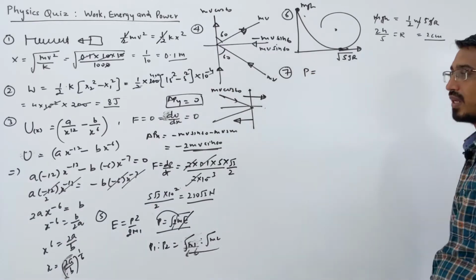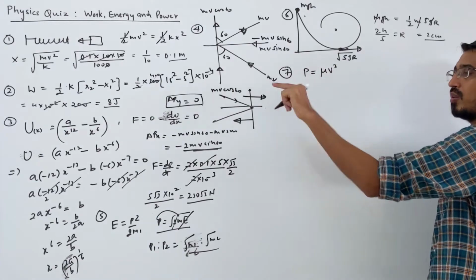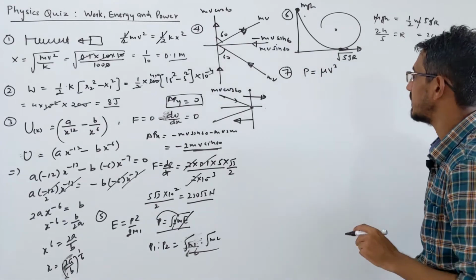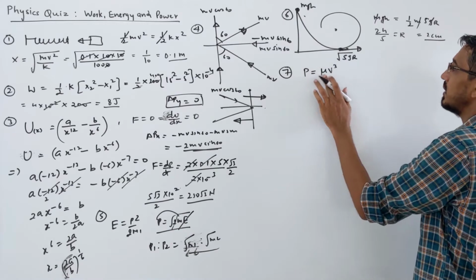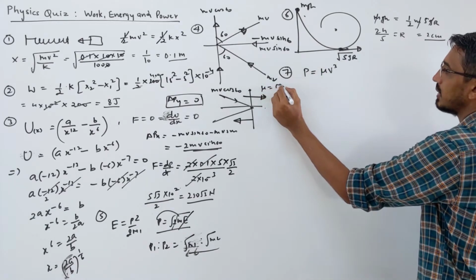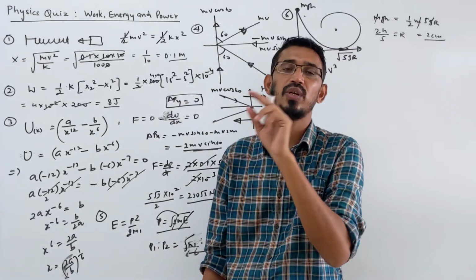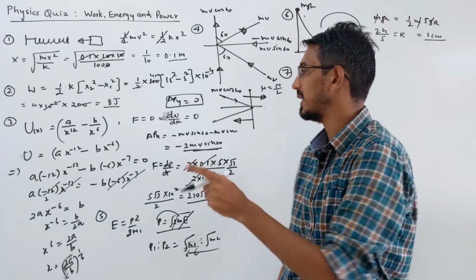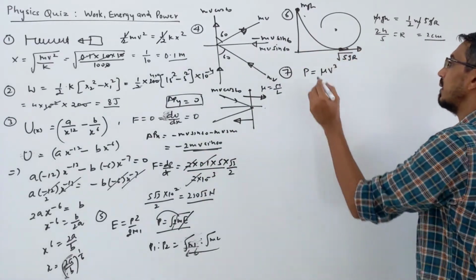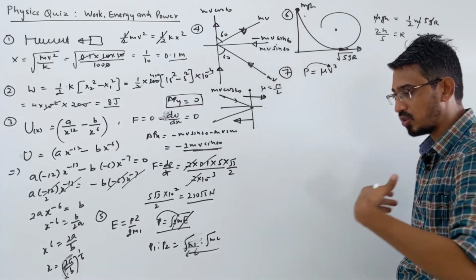The power required to make a liquid flow through a pipe is what? Mu into V cube, and in many formats I told you in terms of rate of flow and pressure. So here just a general formula. Here mu is a constant. Mu is called mass by length, how much mass per unit length, right? And this is fixed for a particular pipe. One particular pipe means that thing is constant.